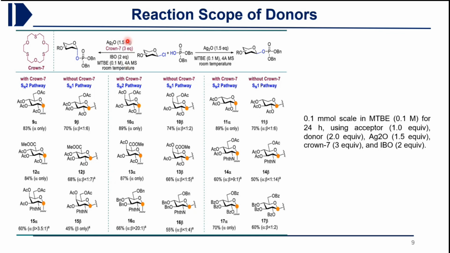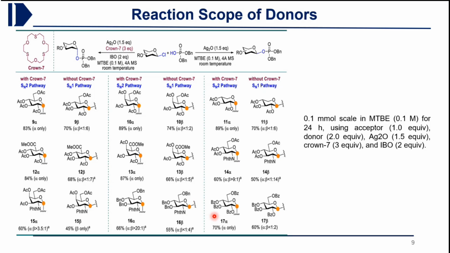Other things are the same. So when they are using crown 7, they are getting only the SN2 pathway, only alpha compounds. You can see over here this acid, then this galactose, like deoxy sugars also they have tried. Then different protecting groups also they have tried. Here they are getting alpha as 20 to 1, and with crown ether they are getting 1 to 4. So multiple donors they have tried over here, and they have checked the difference between with crown and without crown